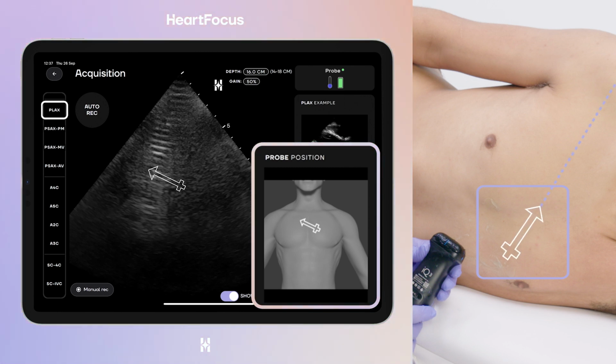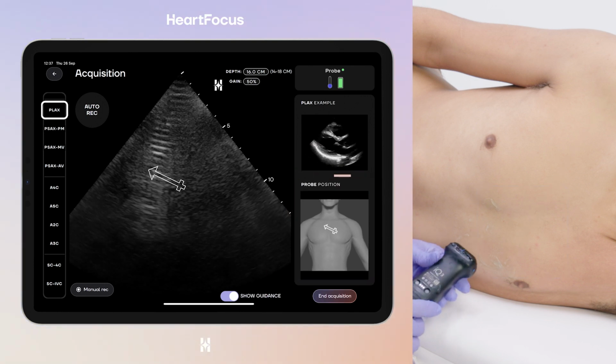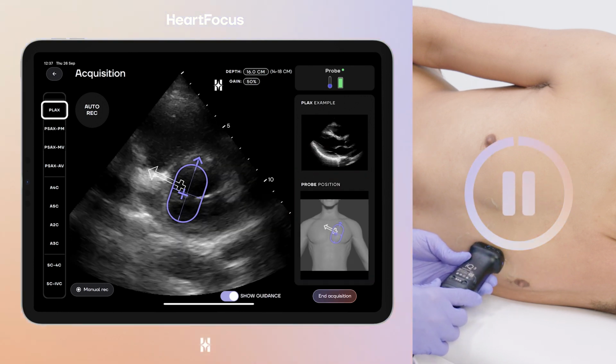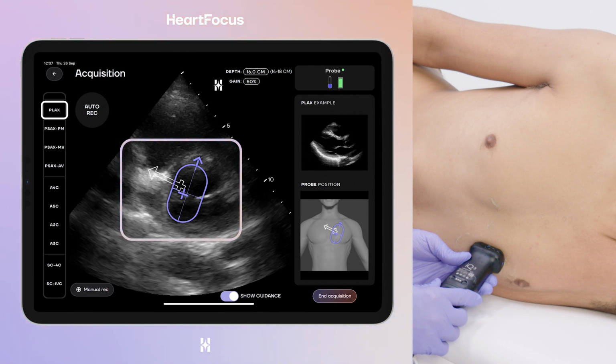right shoulder. Once you have placed the probe on the patient's chest in the start position, the live guidance appears on the screen. Here the probe is misplaced and pointing towards the patient's head. You now have hints on how to move the probe appropriately to reach the probe's target position. It's just like a video game.